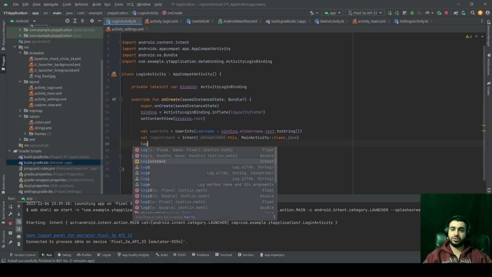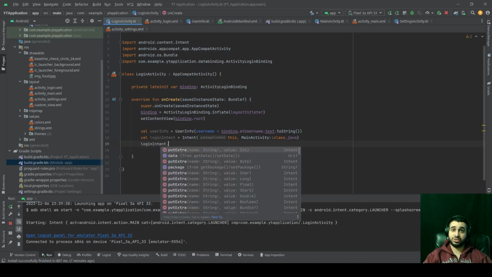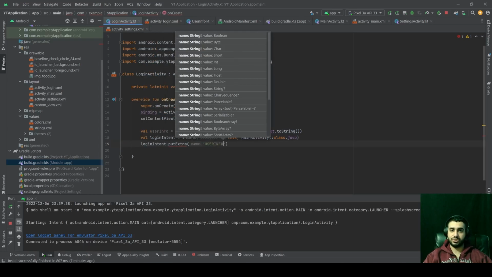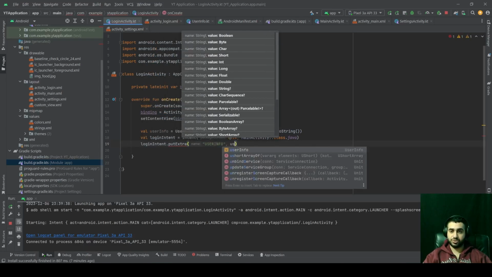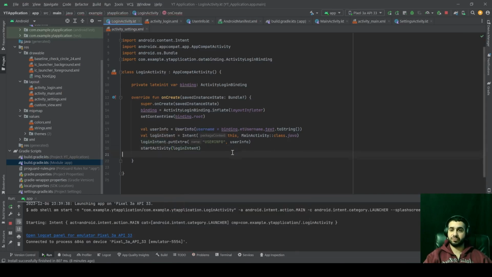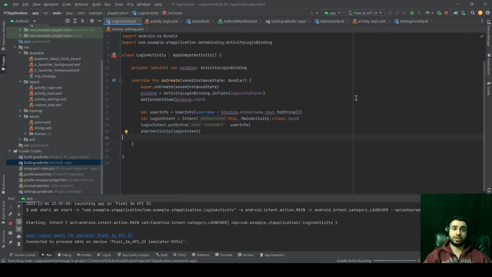We can write loginIntent.putExtra, and here we have to specify a key to send this object with. We're going to name that key UserInfo, and our object will be our userInfo variable, which we created right there with a small u, okay, to reference that variable. And in the end, to actually have this intent work, you have to write startActivity and you have to give it your intent, which is loginIntent in this case. If you now rerun your application,